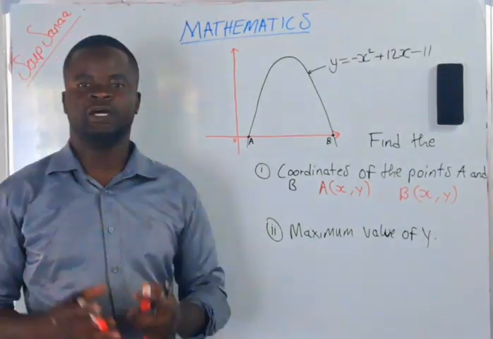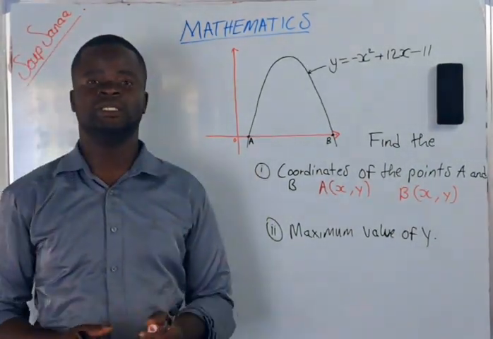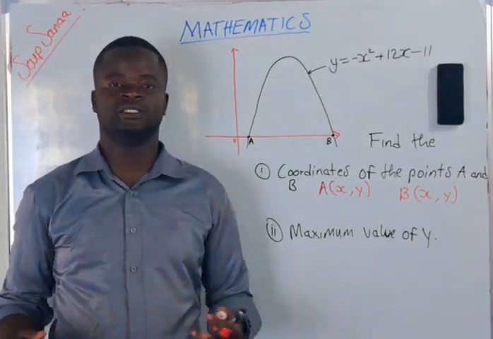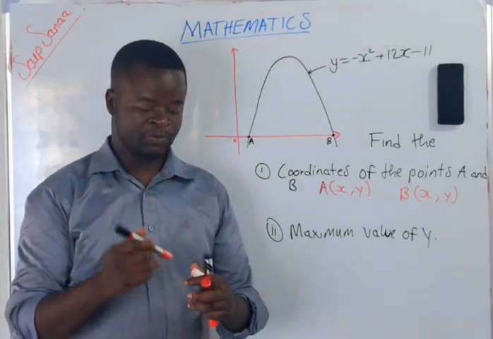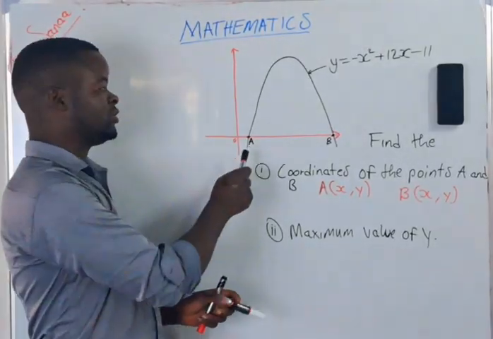Today we are doing mathematics, paper 1. Now, this question normally comes in each and every question paper in Zambia. So this one came last year under the internal exam in 2025. So we are just going direct to the question, which is asking us to find the coordinates of point A